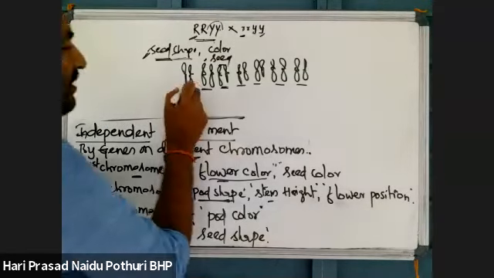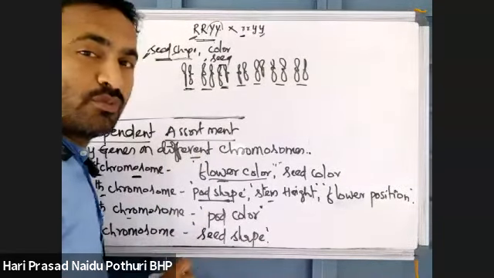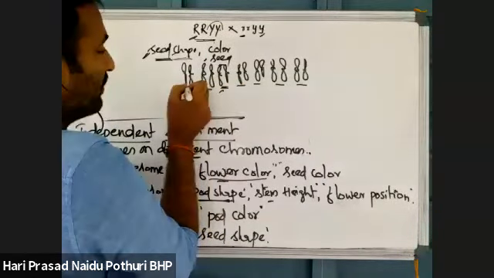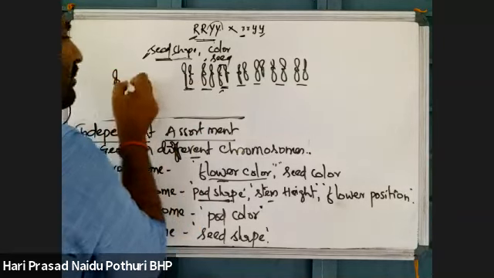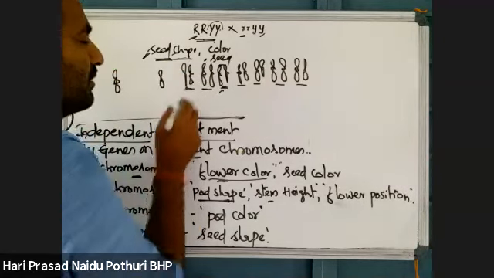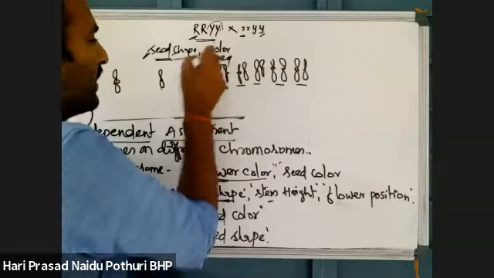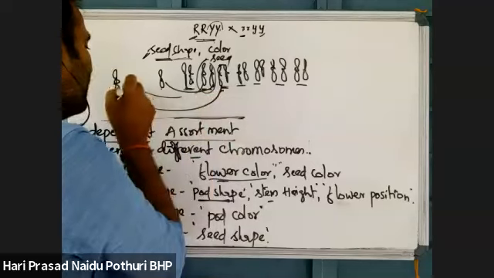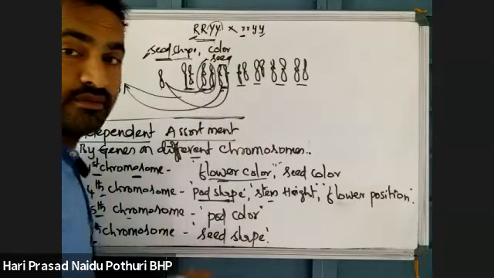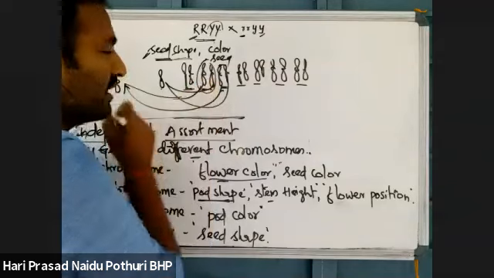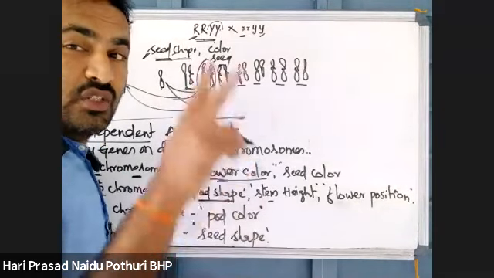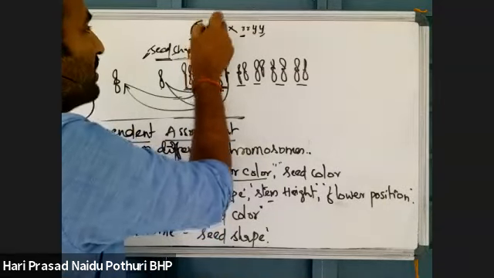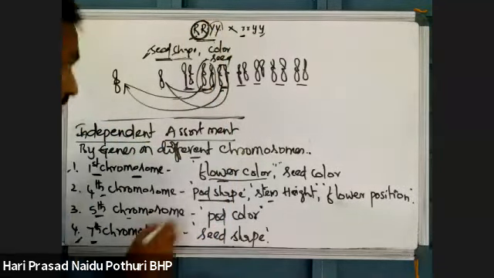Okay. Here, as 7 pairs of chromosomes are present, during gamete formation, what will happen? This chromosome will be taken into one gamete, and this chromosome will be taken into another gamete. Among this pair, this will be selected here, and this will be taken here. This also, this will be taken here, and this here. Like that, there is segregation of chromosomes. During that segregation, this character is present on which chromosome? 7th chromosome.